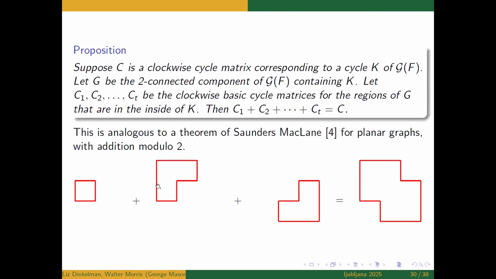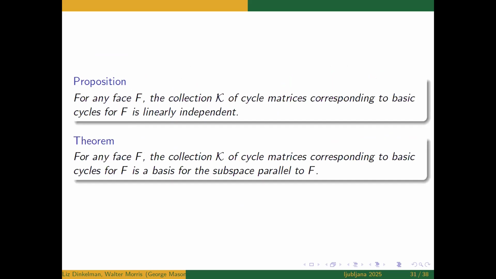And in the spirit of Saunders Mac Lane for planar graphs, where they were adding modulo 2, we can just take this cycle and add it to this cycle and add it to this cycle and get that outside cycle that you saw on the very first example I had, you remember. Now, these basic cycle matrices are linearly independent, and for any face F, the collection of cycle matrices